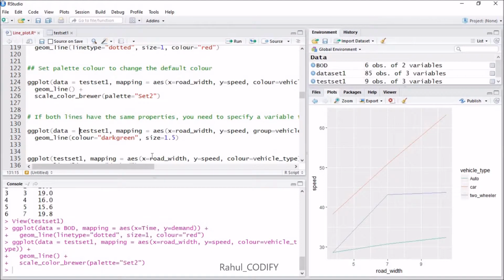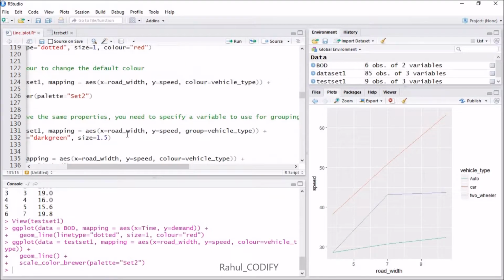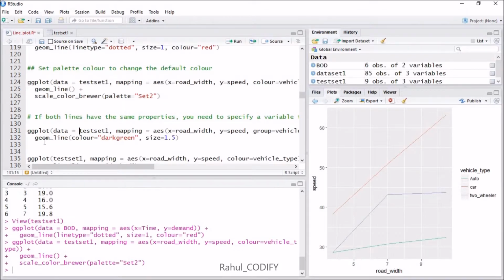Inside the aesthetic function give x equal to road_width, y equal to speed, and group. Here I am using group equal to vehicle_type, so it will group based on the vehicle_type. Then outside, with plus, give the geom_line function for line geometry,